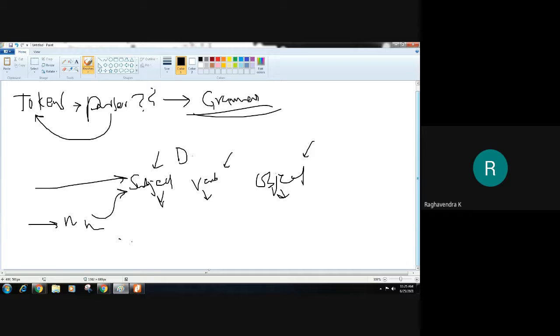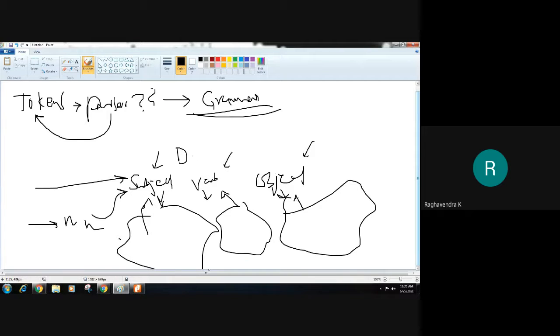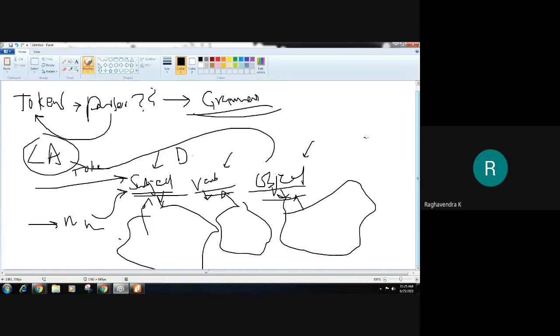So how do we categorize that all of these are subjects? How do we categorize that all of these are verbs? How do we categorize that all of these are objects? That is the task of the parser. First of all, it has to know that there is a subject, a verb, and an object in the input. That job is handed over to our lexical analyzer. It will identify the token and provide it, so that our syntax analyzer can put them in their place and verify whether the input is as per the grammar or not.